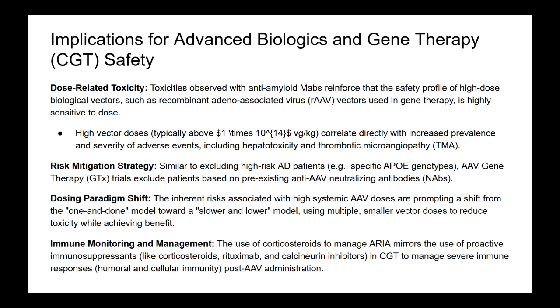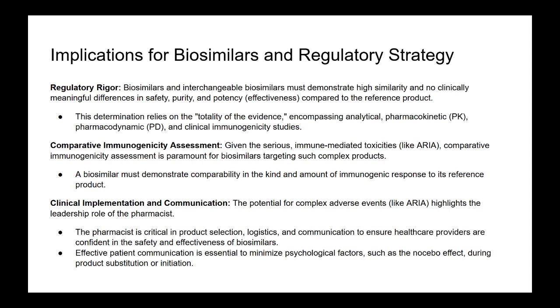risk of toxicity. Immune monitoring and management involve the use of corticosteroids within the context of antibody-related immune responses in medical treatments. In cell gene therapy, immunosuppressants such as corticosteroids, rapamycin or sirolimus, rituximab, and calcineurin inhibitors are often used proactively to control or mitigate severe immune responses, including both humoral and cellular immunity, that can occur after administration of adeno-associated viruses. The complex safety profiles of original monoclonal antibodies, such as those targeting amyloid proteins, emphasize the need for